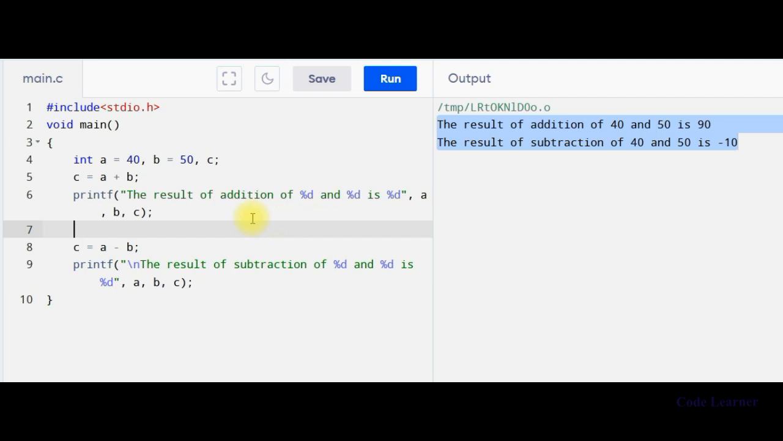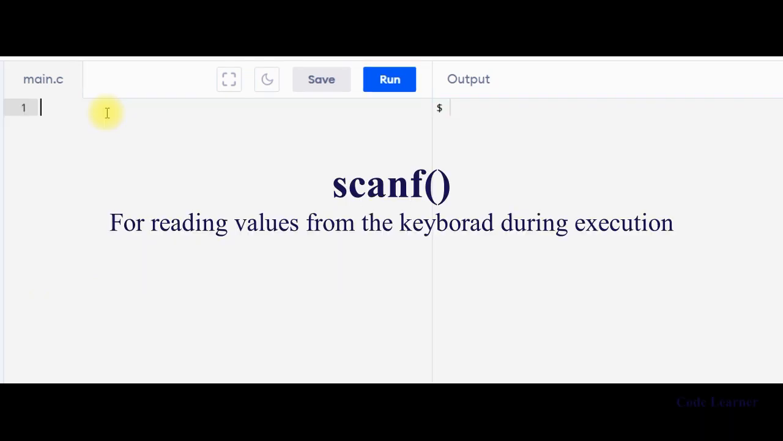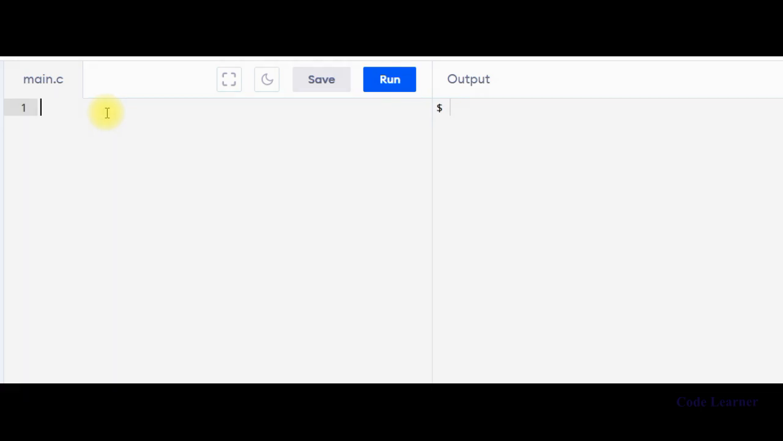In the second case, we are going to give the values of a and b at the time of execution. So in that case, we need to use another built-in function, that is scanf. So let us try to do such programs. In this program, we are going to find the sum and difference of two numbers using a scanf statement or scanf built-in function. So let us type the program, hash include